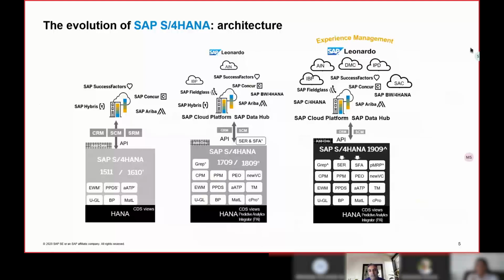And if you see, with every release, the capabilities have grown along with our number of customers as well. The customers on S4HANA are also growing, and on the same line, the capabilities have also grown to that extent. Currently we are on 1909, and with 1909 you can see innovations, for example EWM, transportation management, or advanced ATP, which are now part of the core itself. That shows the simplification has happened, which avoids the integration challenges our customers face when these solutions are satellite solutions.